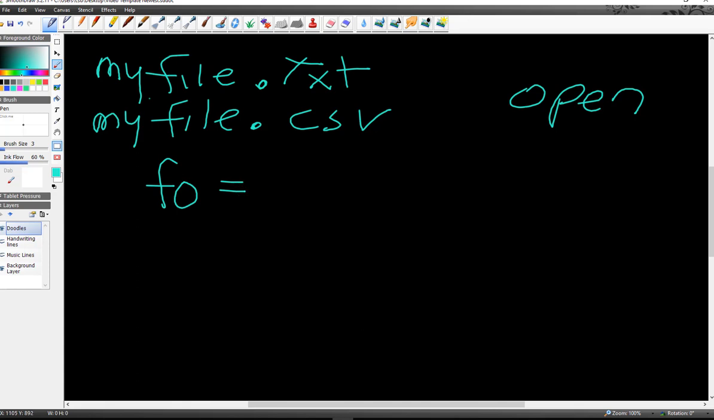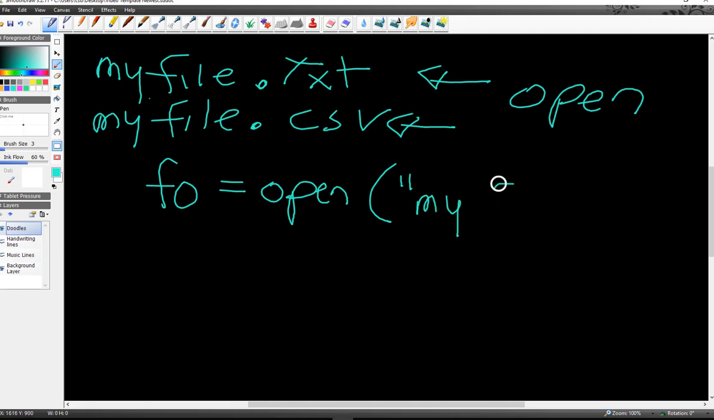So we're going to have a file object, and then we're actually going to use the open method in order to be able to open this file. So let's say we're going to open up myfile.txt. If the text file is in the same folder as our .py file, the file that contains our code, we can just use the file name. So myfile.txt, we're going to put that in quotes. We're going to send it the file name as a string,